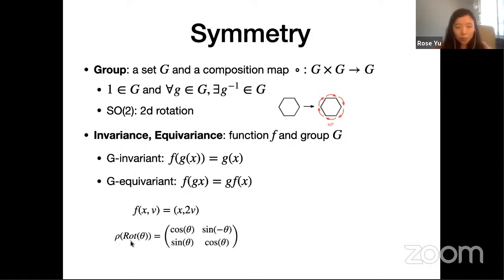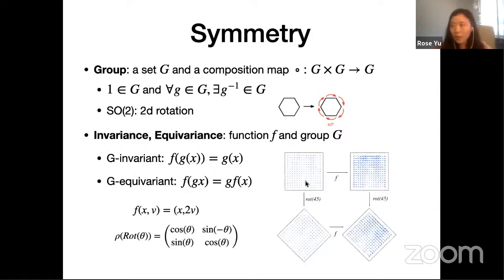Let's consider the group as a rotation group. So you notice this little notation rho here. This just represents a representation of the group, which is essentially a matrix. It's a matrix representation of this rotation group, which is basically a 2x2 matrix with elements cosine, sine, minus sine, cosine in it. So what we mean by G equivariant is saying that, let's say I have a velocity field